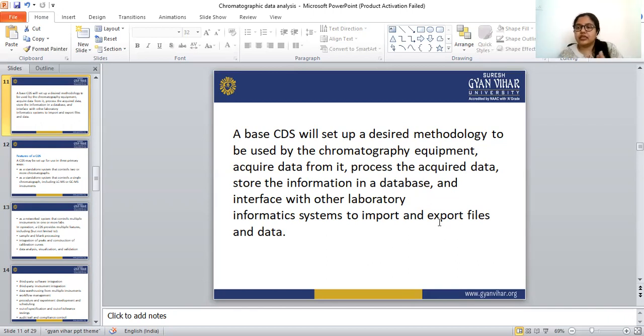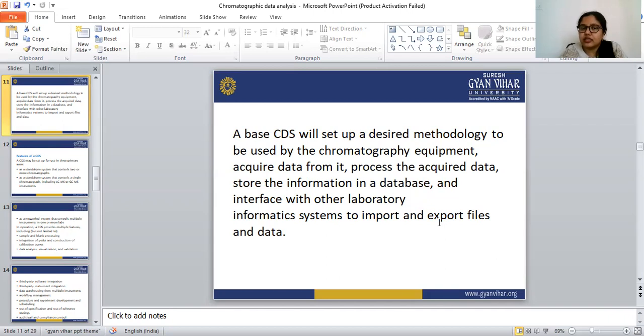The software has to be installed in a computer or laptop first, and that computer is connected with the chromatographic equipment. After that, we can perform any chromatographic test on that equipment. There is no need to stand near the equipment; we can handle it with the help of the computer.